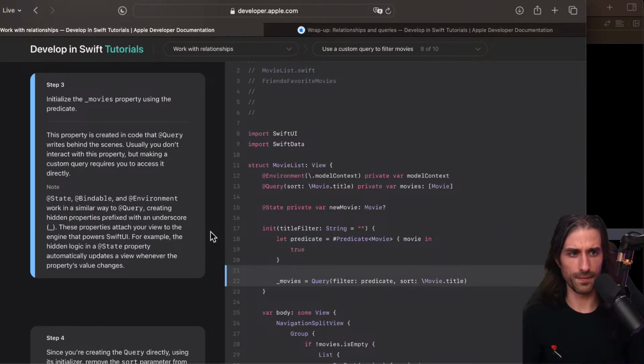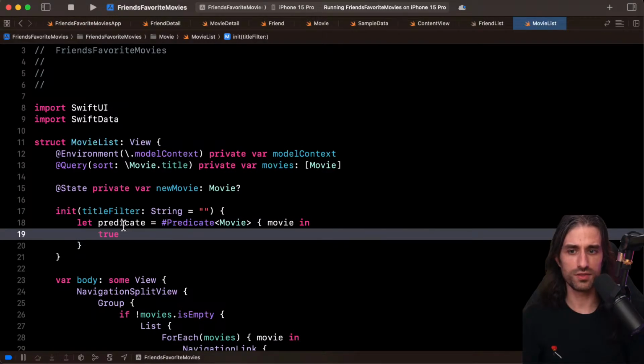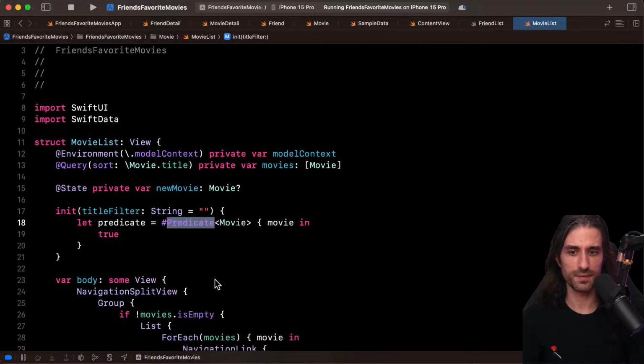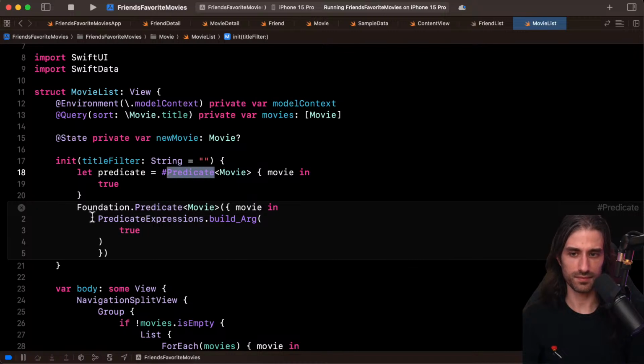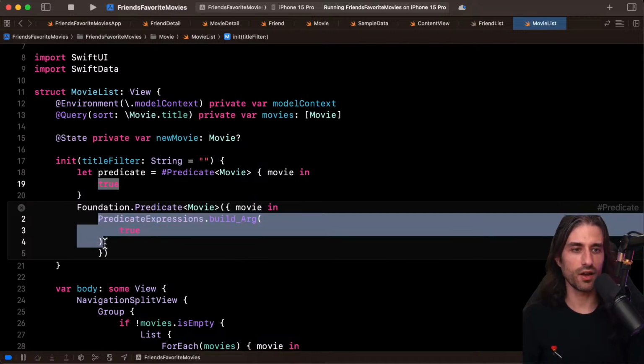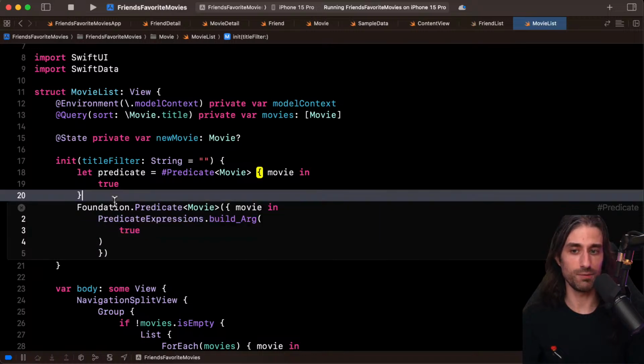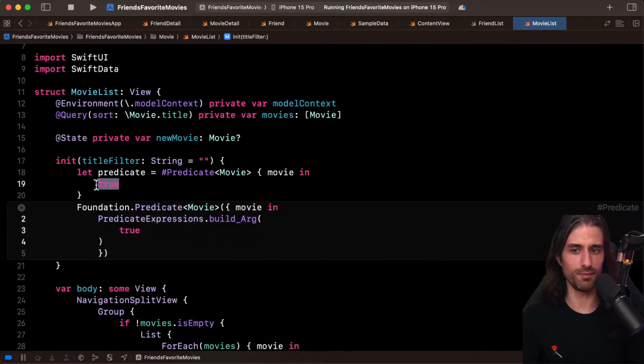So yeah, I will explain it just after. But actually, let's try to see what it does when I expand it. You can see it returns the predicate of movie, and inside of which you build it, and you have some pre-built predicate expressions, and here it's just one that returns true. So for now, it's just lifting this true value into this higher order type, but nothing more. We'll see, it's probably going to change as we make more changes here.